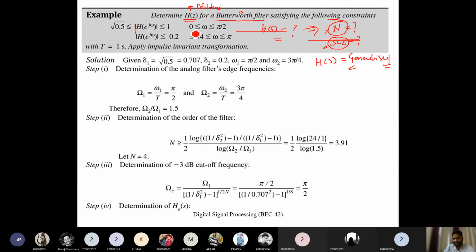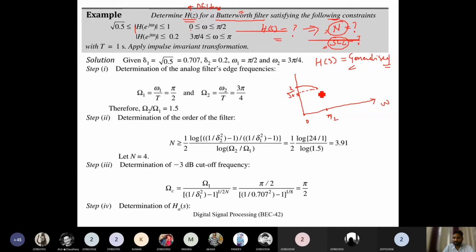So at the starting, for the frequency 0 to pi by 2, we will be plotting the curve. So here it is the frequency. In this frequency from 0 to some value like pi by 2, it is having a magnitude response from 1 to this value. So that means at 0 it should have been 1, and up to some frequency, that is pi by 2, it should be this value, and this value will be less than 1. So it is 1, and this value will be 0.5, under root 0.5.